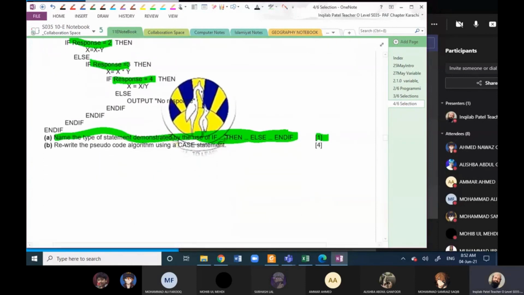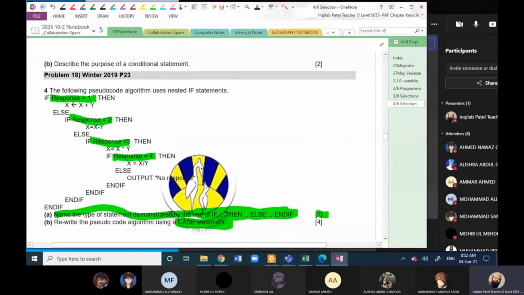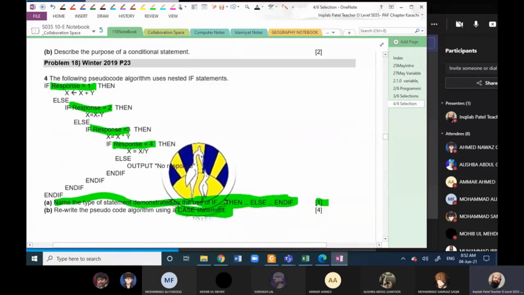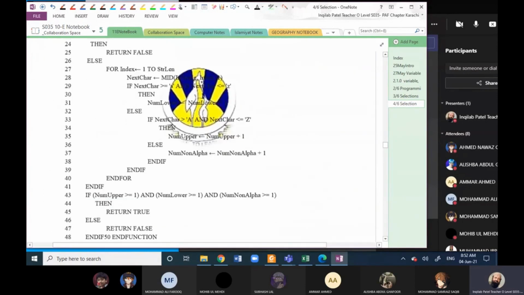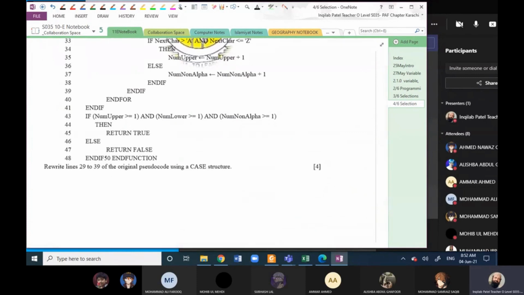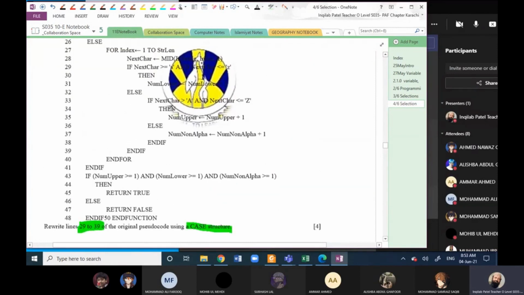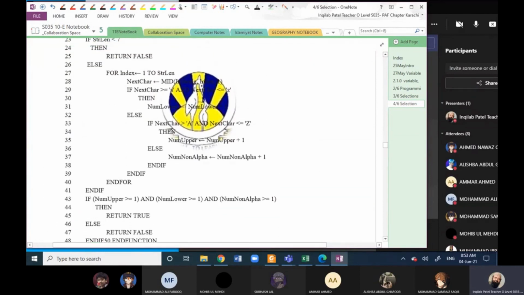Then rewrite the pseudocode using case statement. You are asked to convert this code into a case statement. So in the exam, sometimes you will see it says convert the statement from line number 29 to 39 using a case structure.